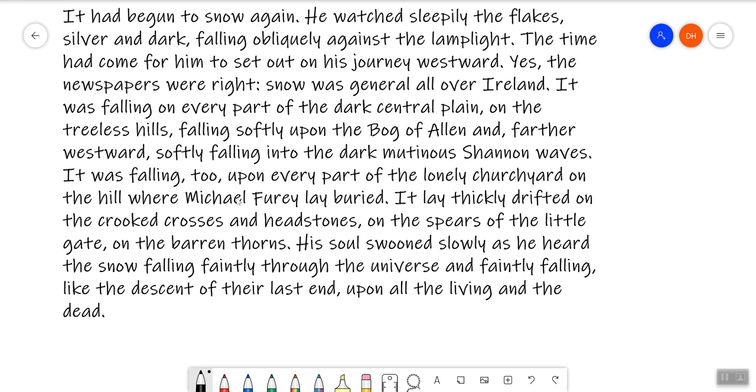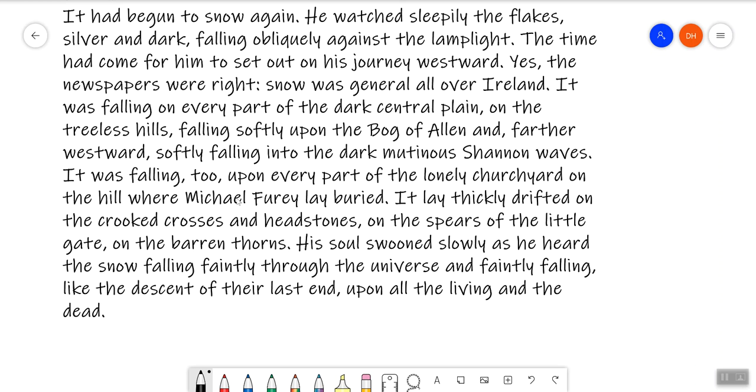It's number 7. So here, Gabriel's realization causes a new equilibrium. The snow symbolizes the blind and universal fact of death. It covers everyone, covers everything. His equilibrium is a sad one, not quite tragic, because he's not a tragic figure. Now it's sad because he knows he can't actually come to a true equilibrium. It's almost too late for him, right?